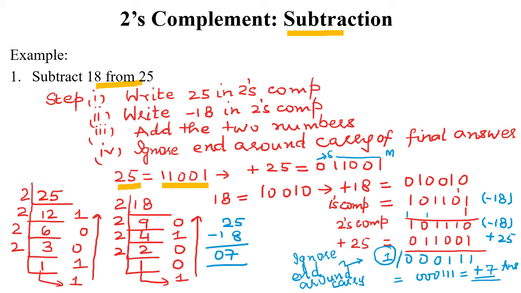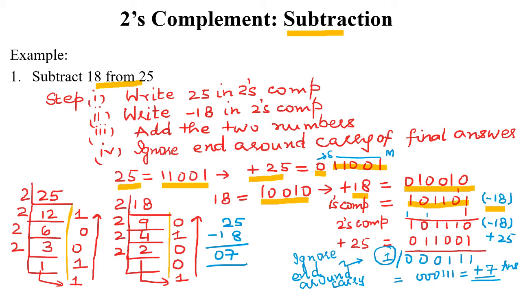By dividing it by 2 it comes out to be 11001. Plus 25 is magnitude और उसके आगे एक साइन बिट 0 लगानी है, that is 0111001. Now माइनस 18 का 2's कॉम्प्लीमेंट निकालने के लिए पहले इसको बाइनरी में कन्वर्ट करें. 18 की बाइनरी is 10010. Plus 18 is equivalent to 010010. माइनस 18 का पहले हमें 1's कॉम्प्लीमेंट लेना है प्लस 18 का, which is equal to